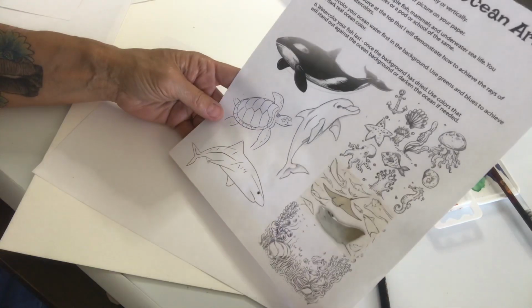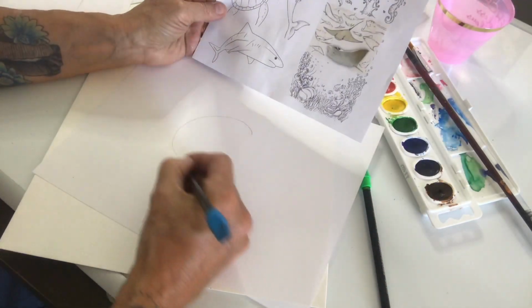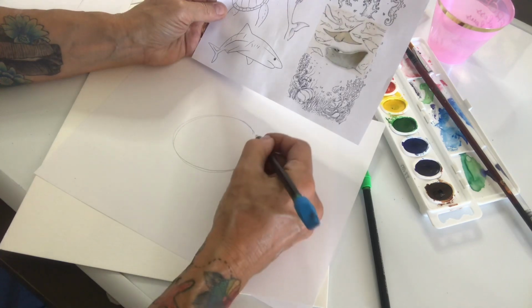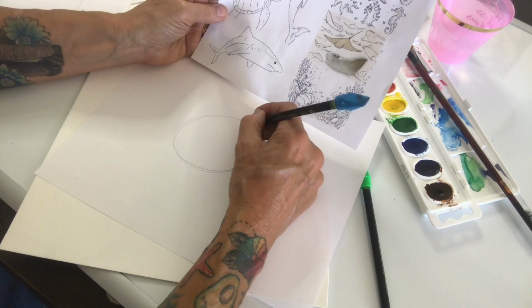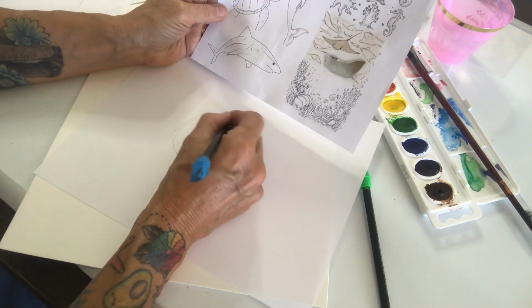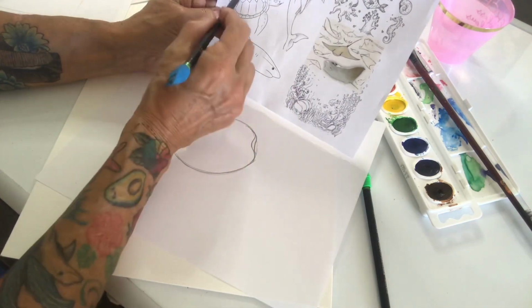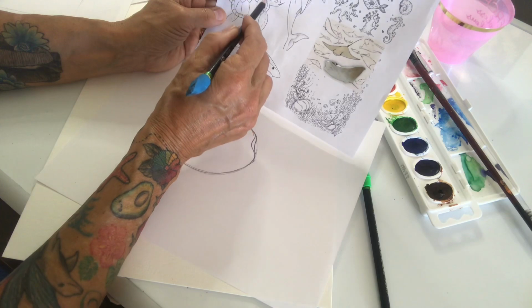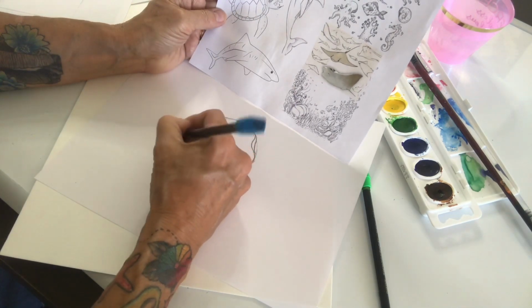Right away, I see the shape that's like an oval right there. So I can go ahead and get that shape in there to start out with. It's at a little bit of an angle, and then I can go in and make the top of the shell look more like that at the top. All right, so I've got that for the body, and then I'm going to notice this border that goes around the shell, not on the top, just on the side. So I'm going to extend that out